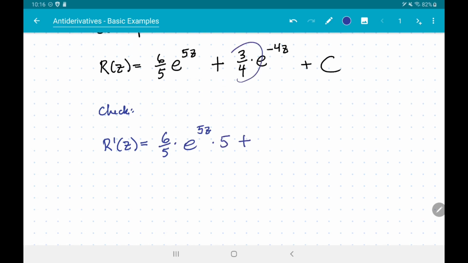I keep multiplication by 3/4. Derivative of e to the stuff is e to the stuff, so e to the negative 4z. And then we have to multiply by the derivative of the stuff, that's the chain rule, and the derivative of negative 4z is negative 4. Then the derivative of c is 0. That's added on, and generally we don't even bother to write it. Now if we clean this up,